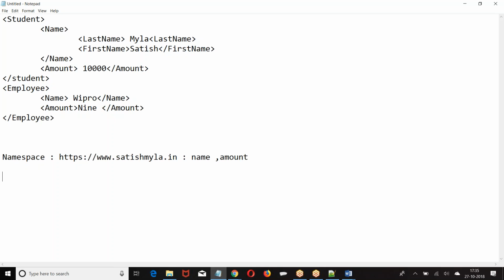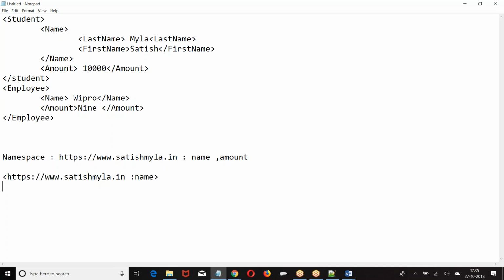Now, if I want to define, I have to give satishmala.in colon, so the meaning of this name is defined in that namespace.